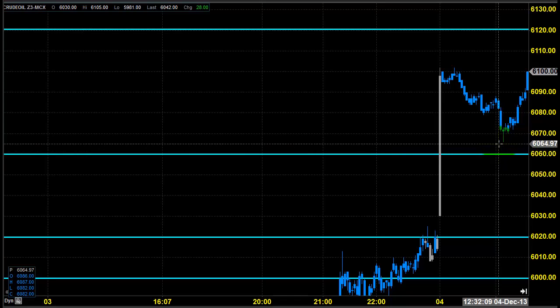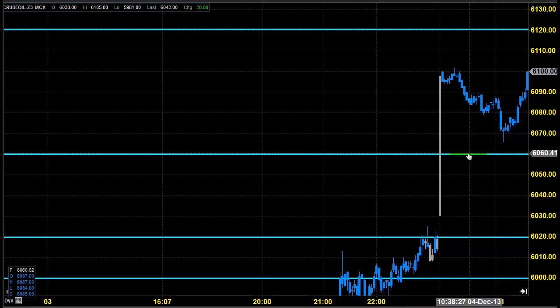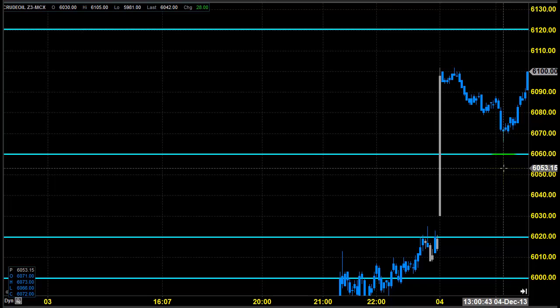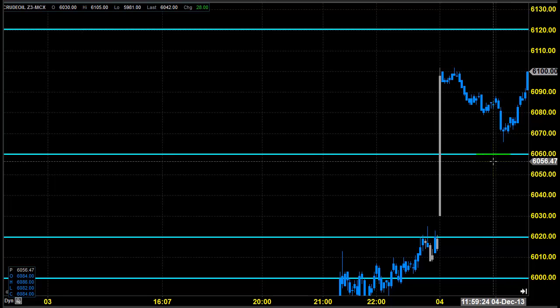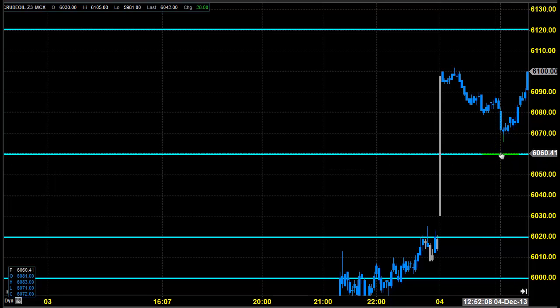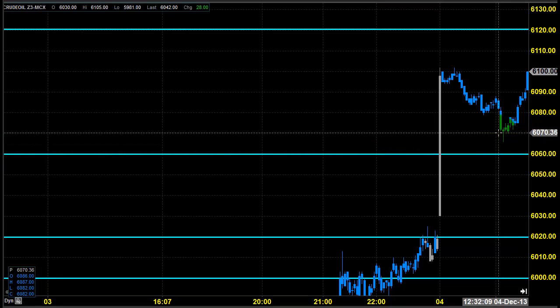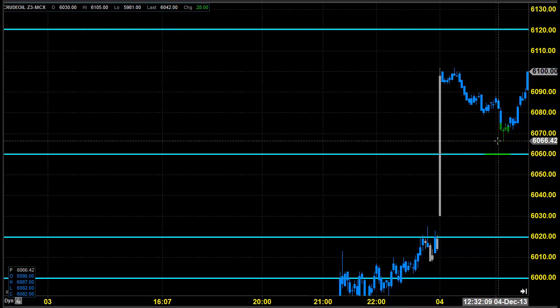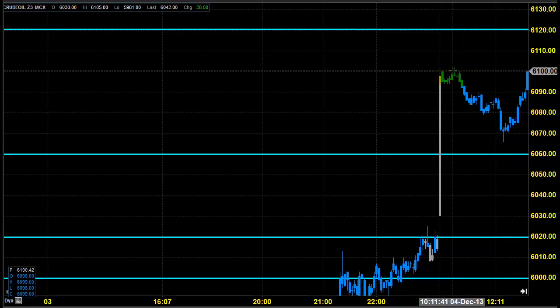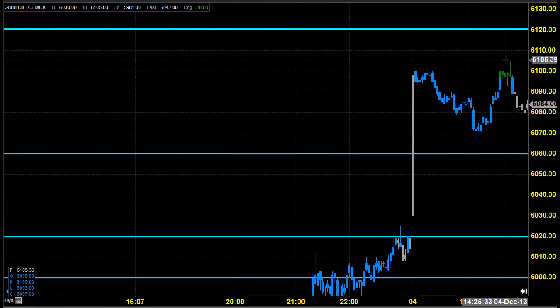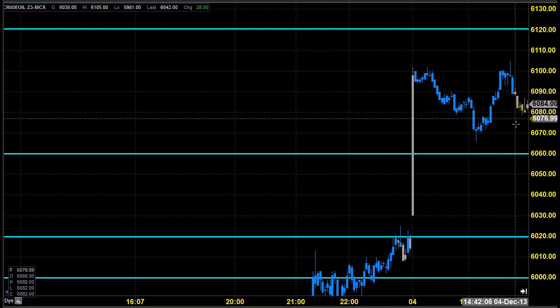Whenever we say a support or resistance, we made it very clear it is not a single line. You should give some plus or minus few points for support and resistance. It is not a single line, it is a zone. So after coming down near 6065, there was some buying happening that pushed the market to test the high that was created on the price opening. So the price went near the 6100 zone, and then again there was some profit booking that pushed the